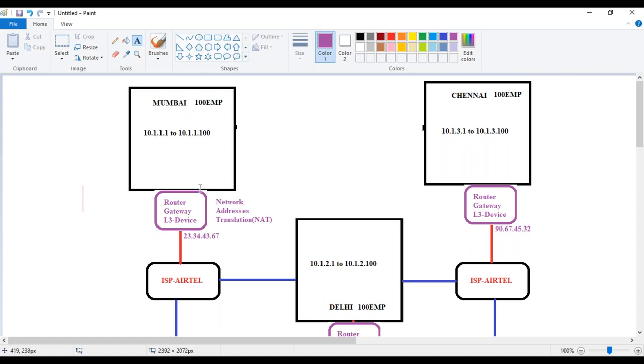For companies, they need to pay from thousands to lakhs. A normal 10 Mbps will cost you something like 25,000, per month I think, because they'll give you an SLA. So for corporate network space, it will be very costly. They have a package where they'll give even 10 IPs free. If you take 50 Mbps, it will be around 1 lakh per year, and you get 10 public IPs for free. Like that they offer.